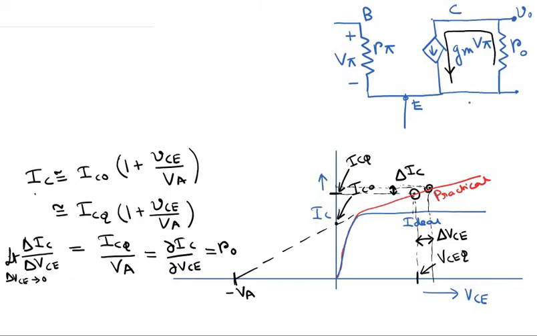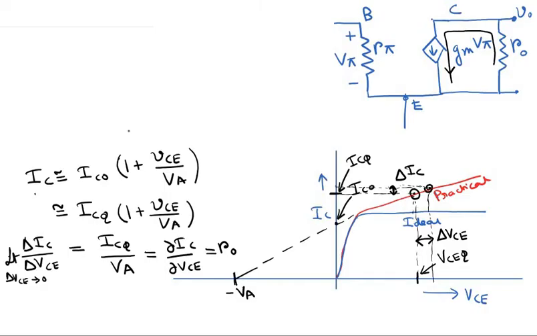Okay, so just to avoid confusion, this resistance R0, the output resistance R0, is basically not present between the collector and the ground, but it is present between the collector terminal and the emitter terminal. Okay, you see here that from this graph the collector current is increasing with the collector to emitter voltage. So since the voltage is the collector to emitter voltage, the resistance R0 is basically present between the collector terminal and the emitter terminal.